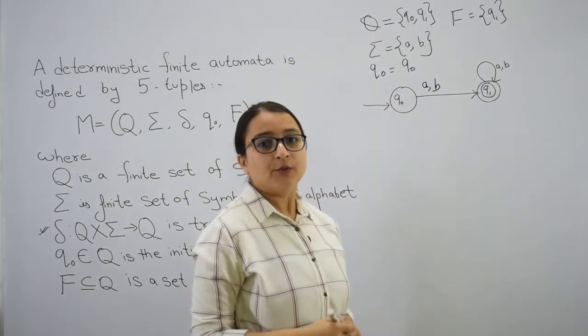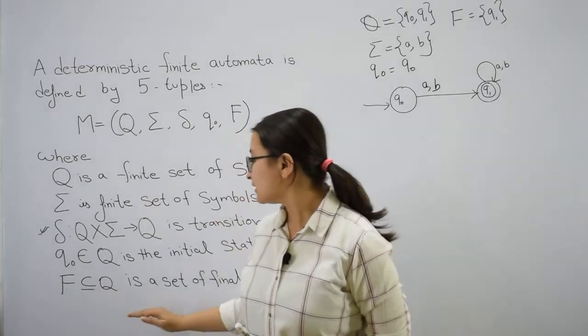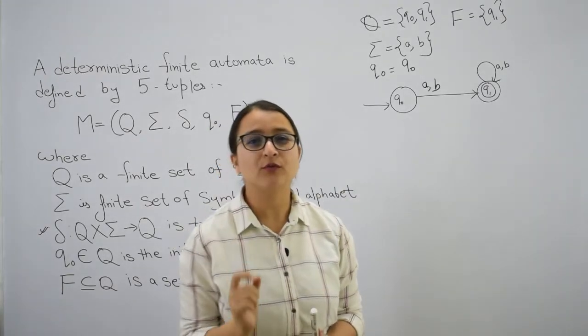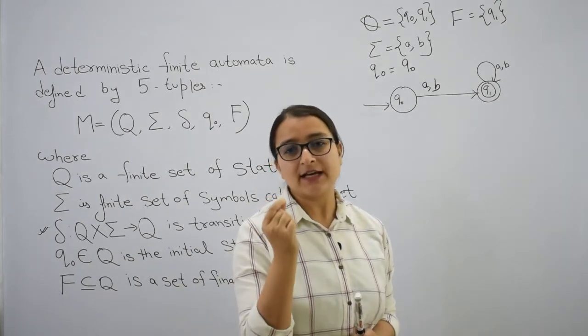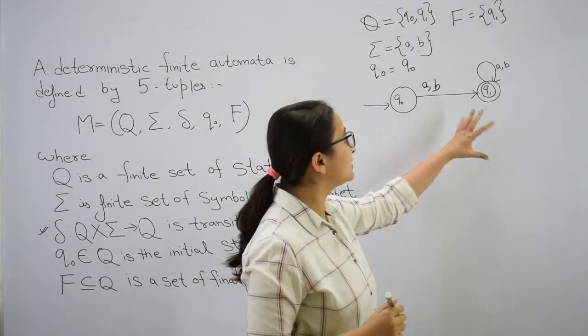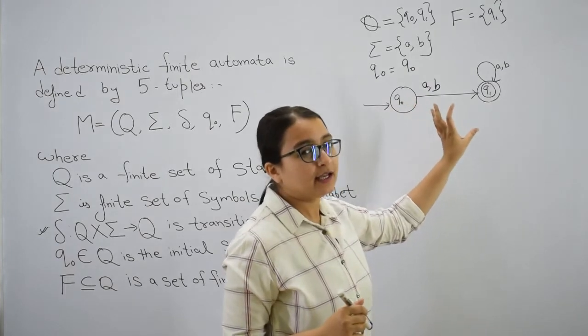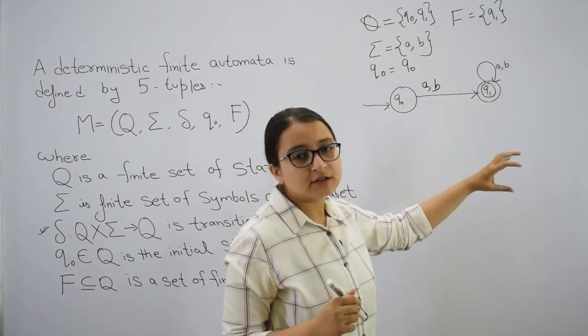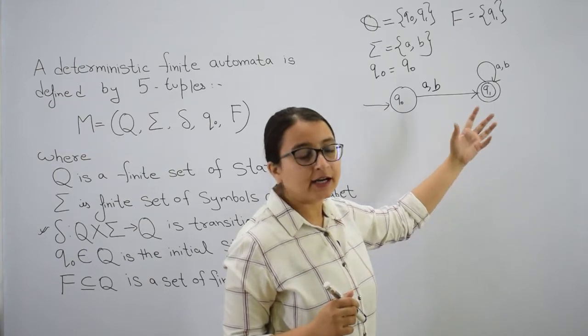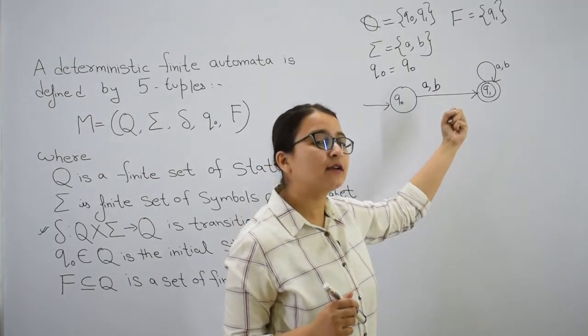Now, I have already told you when I was discussing final states, what we need to do: we need to end up at a final state. So, if a string ends up at a final state in this diagram, we will say that that string is being accepted by this machine. If a string does not end up in a final state, we will say that that string is not being